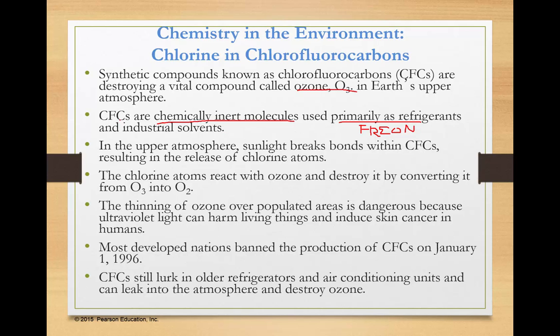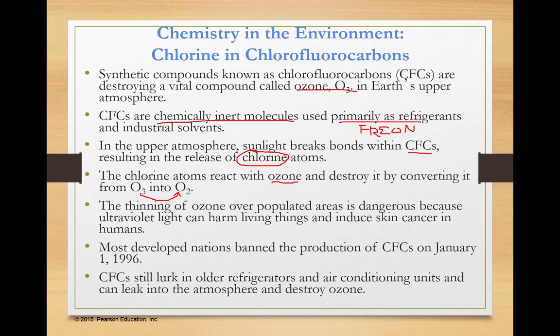All right, what happens is these CFCs, which are inert down here where we are, get into the upper atmosphere, and then that ultraviolet light hits the CFCs instead of the ozone. They do react with the energy from sunlight, and they break apart. And when they do, depending on how many chlorines you have in there, it releases chlorine atoms. They're no longer CFCs. They're chlorine atoms, fluorine atoms, carbon atoms floating around. The chlorine atoms react with ozone, and basically they destroy the ozone because they break it down from O3